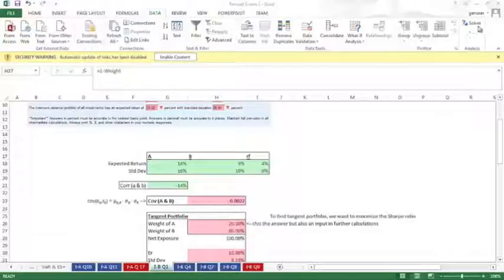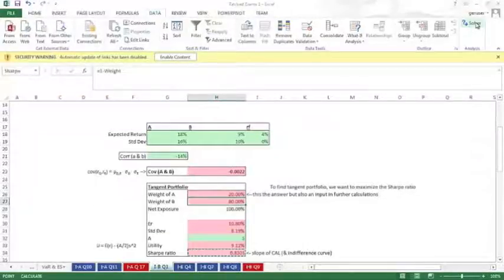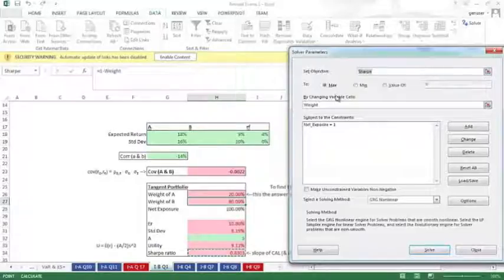under data, solver, and I forgot to change the objective. It should be minimizing the utility under the tangent portfolio, but I left it as maximizing the Sharpe ratio in the exam, and I had the changing variables for the weights correctly, as well as the constraint that the net exposure must equal 0, or excuse me, 1. And so when I ran solver,